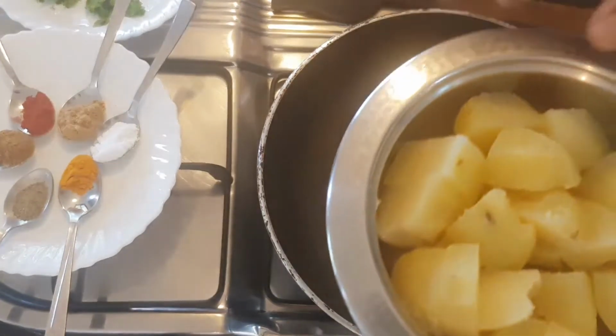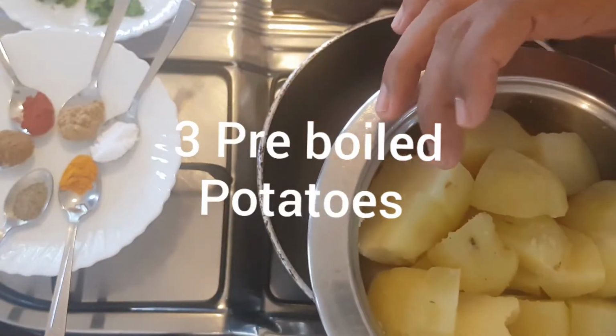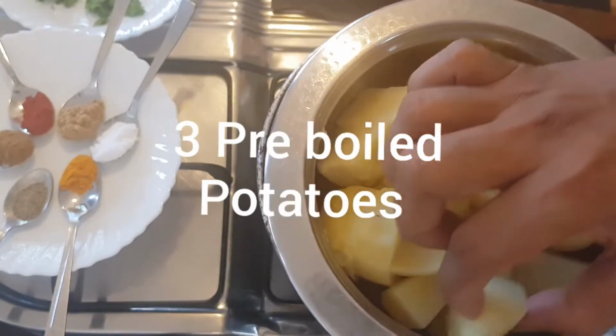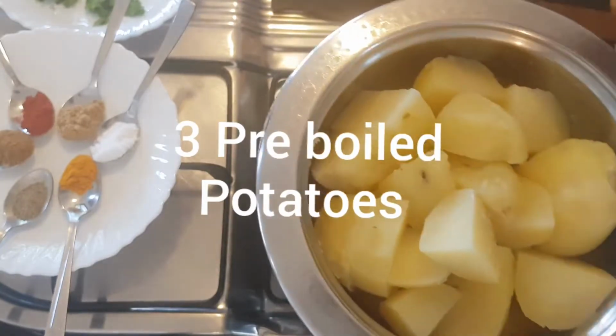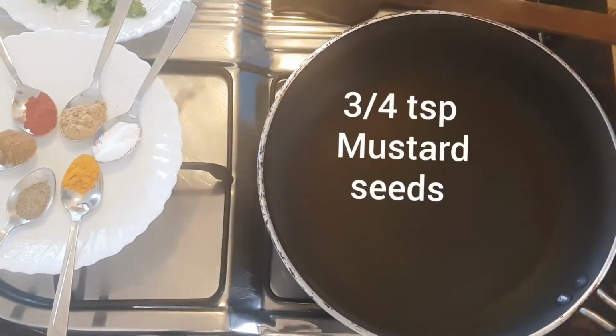So what I've done here, I've cooked 3 medium-sized potatoes with the skin on, cooked completely, they're thoroughly cooked. So I cut them into 1.5 inch, 2 inch cubes and keep it on the side. So the next is